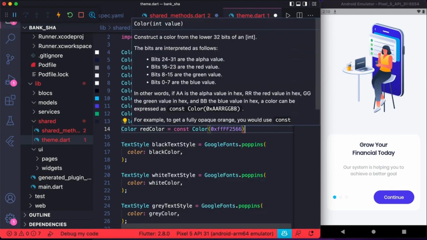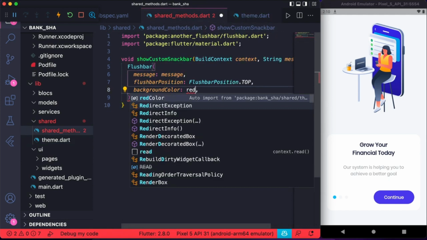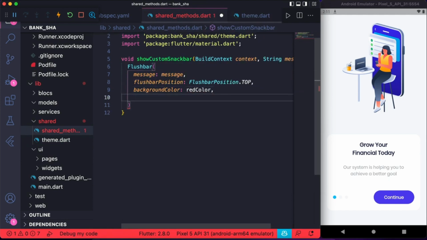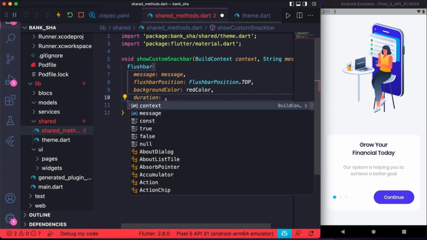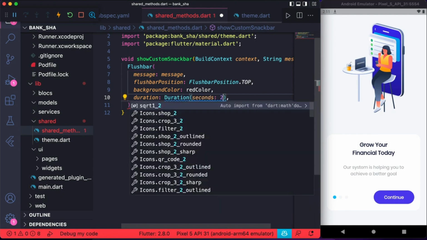We copy the red color we added before, add it in the theme section, and paste it. We save it. Now we add the background color section using the red color.